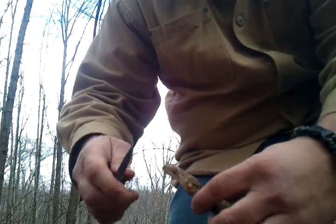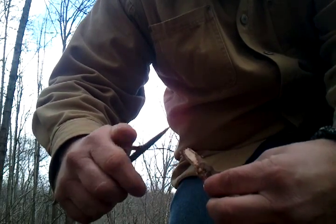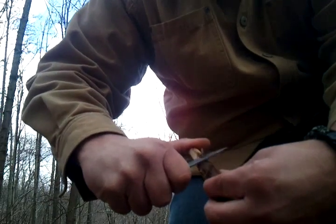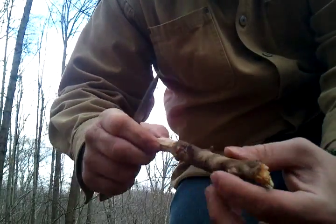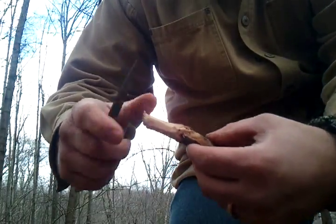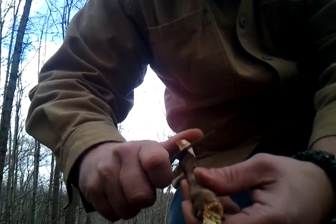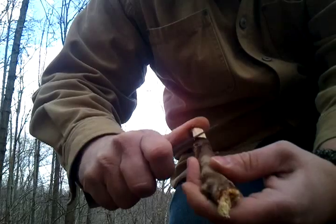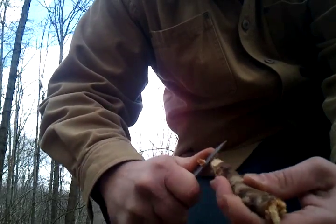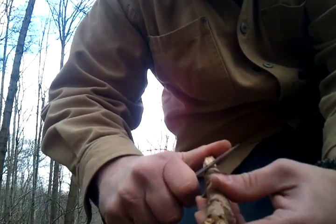You see, I have the bark or the root. What I do is I scrape off this very outer layer. Basically, it's the outer layer with the dirt on it. So what I do next is I go for the second layer, and it has a reddish tint to it. So you shave it off into slivers, like so. I don't have a very large section there to work off of, but you cut these slivers off,